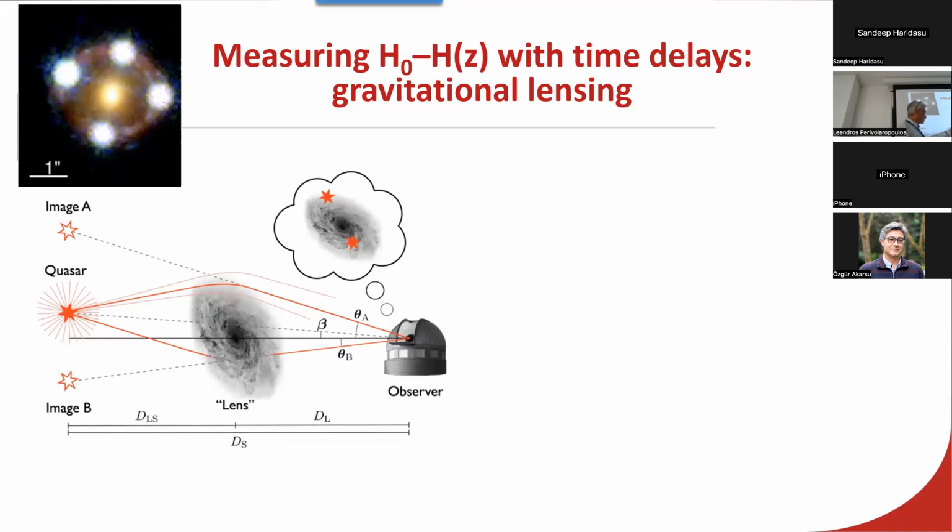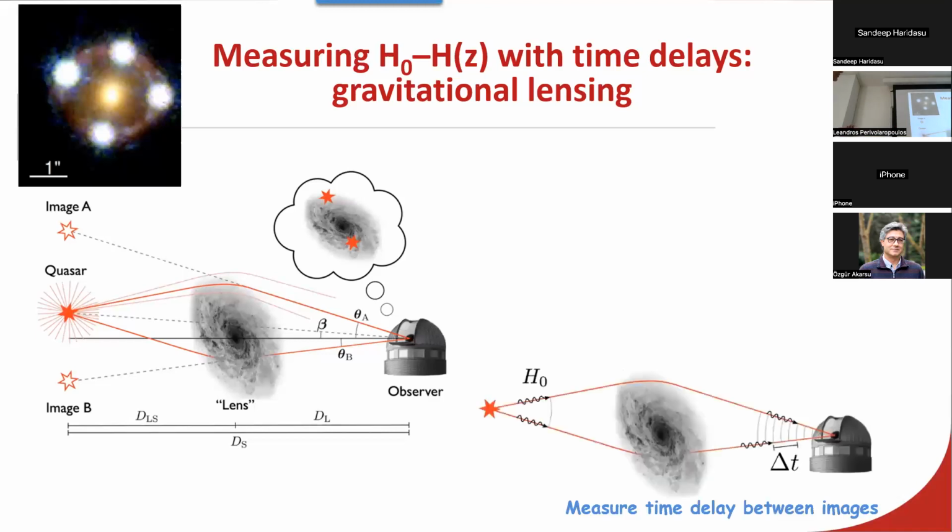And as you observe this background galaxy, you notice the following: as this is changing, maybe there are some luminosity changes, these changes do not occur at the same time for these two images. There's a so-called time delay. One image changes slightly with some delay with respect to the other image. And so this time delay can be measured, and can be connected with the Hubble parameter